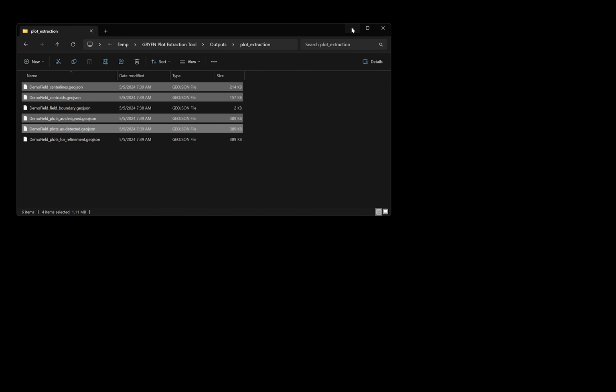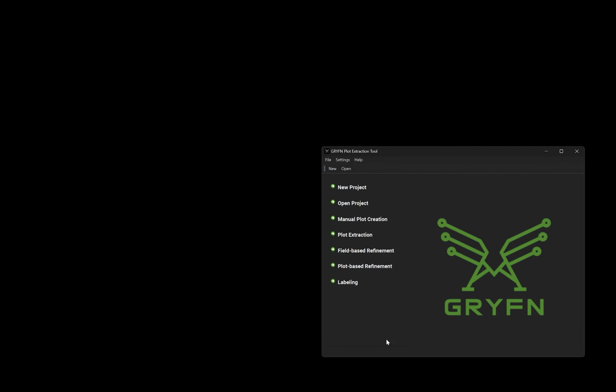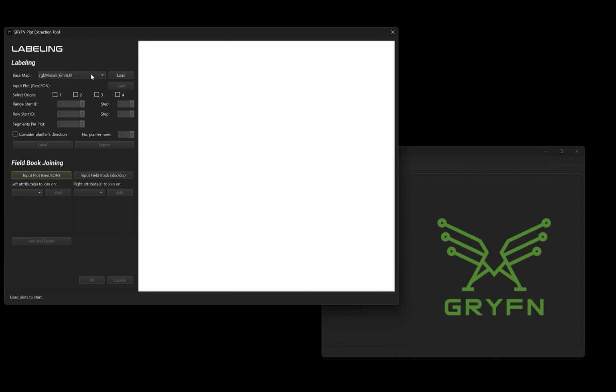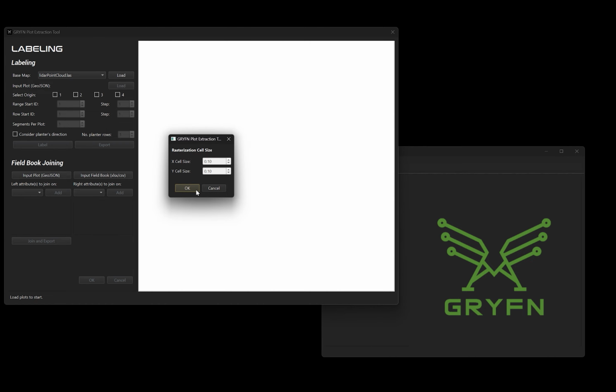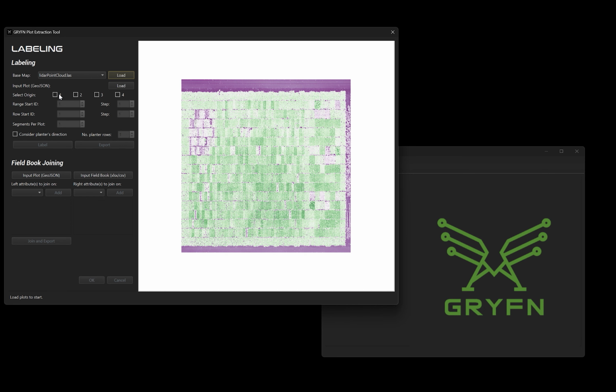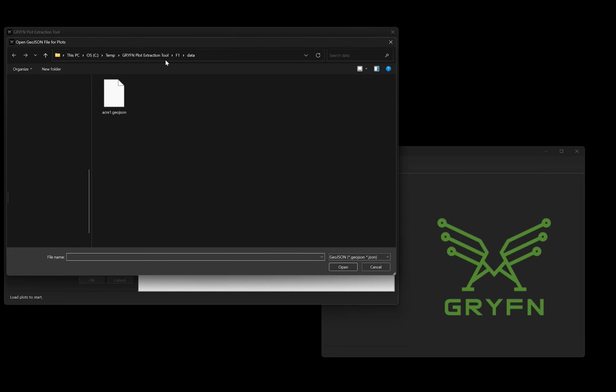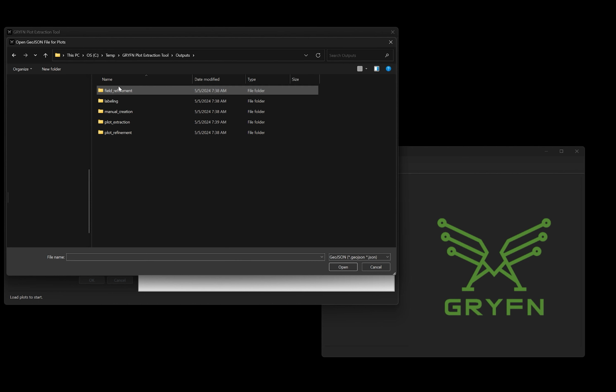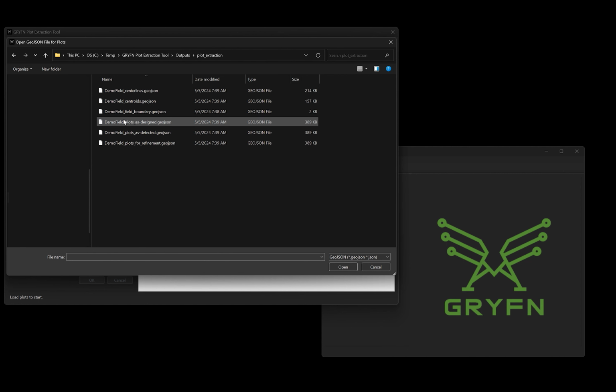Now that we've completed that, we can go back to the next step. We can refine if we choose, or in this case it looks pretty good, so we'll just label. We'll choose the base map we want for visualization. We'll load the data that we just created, and you have a choice here as to which you use. In this case, we're going to choose the as detected,